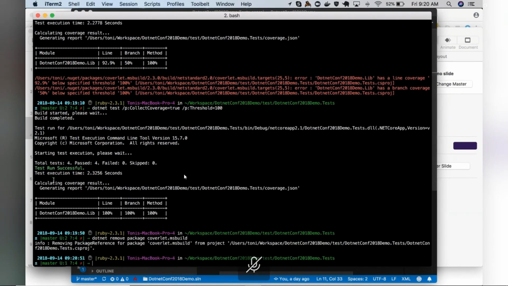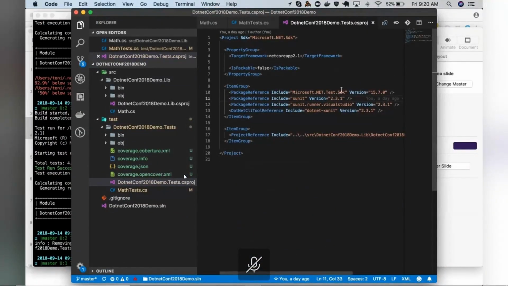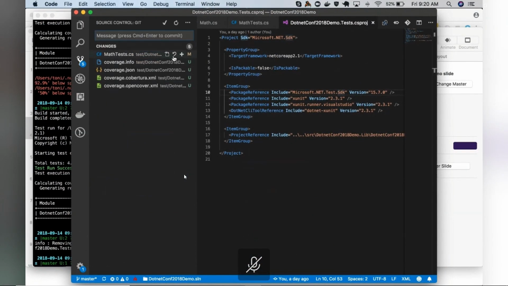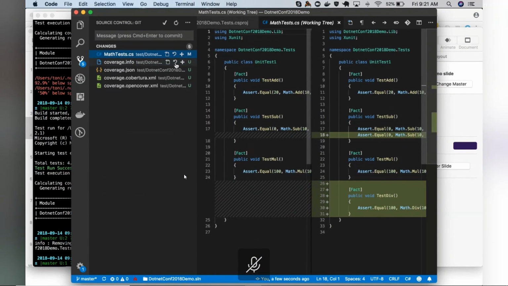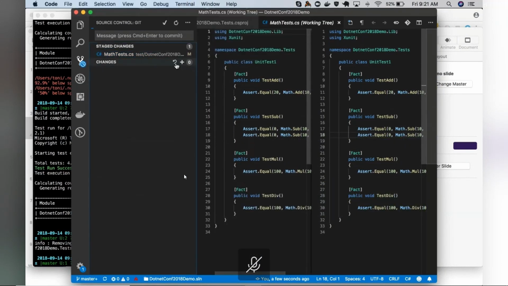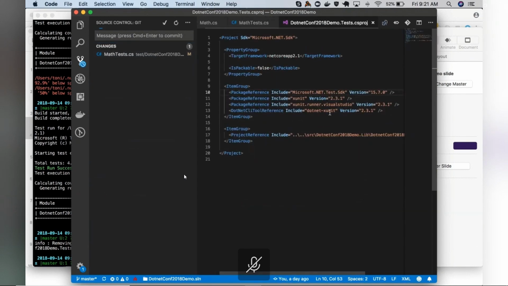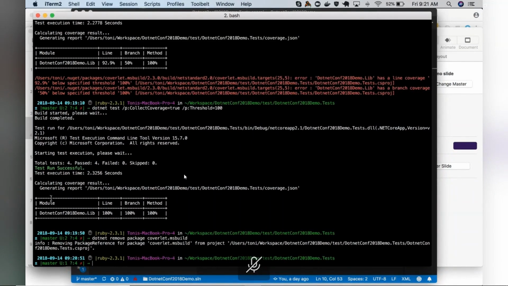Coverlet as a tool. So, okay, it's out. Let's get rid of all this stuff here. Great. All right. So now we no longer have Coverlet included in the package list, but we still want to get coverage results. So what we can do is use the new global tools feature in .NET Core. I think it came out with .NET Core 2.0, 2.1. I can't really remember. But then all we do is dotnet install global